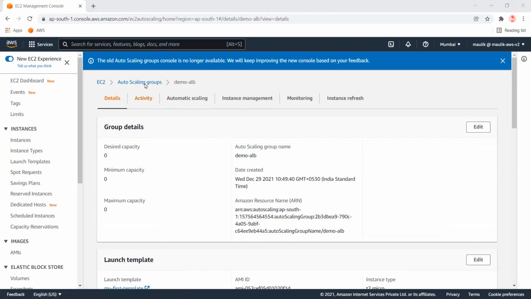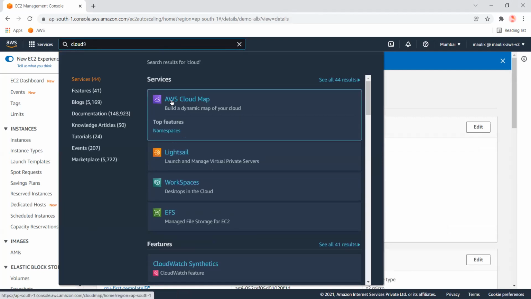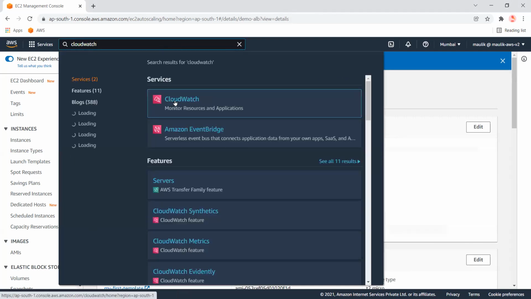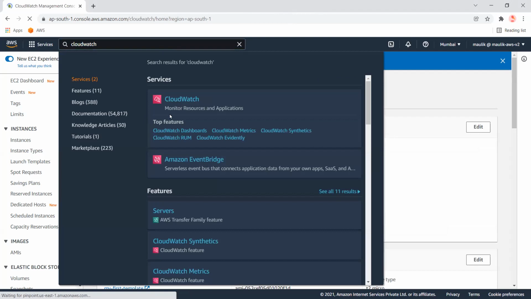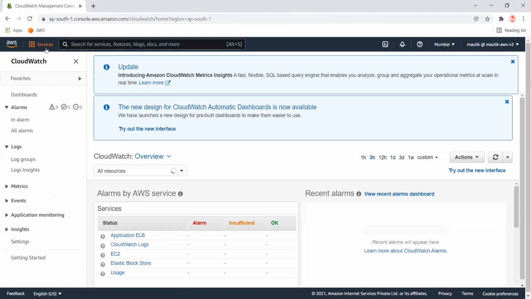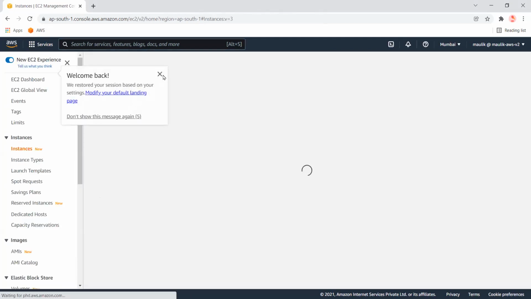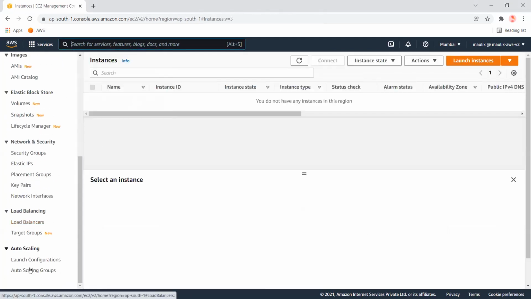Now let's create the CloudWatch alarm. Before that, let's create one instance. Let me just set the auto scaling desired capacity to 1 so that it can launch one instance.